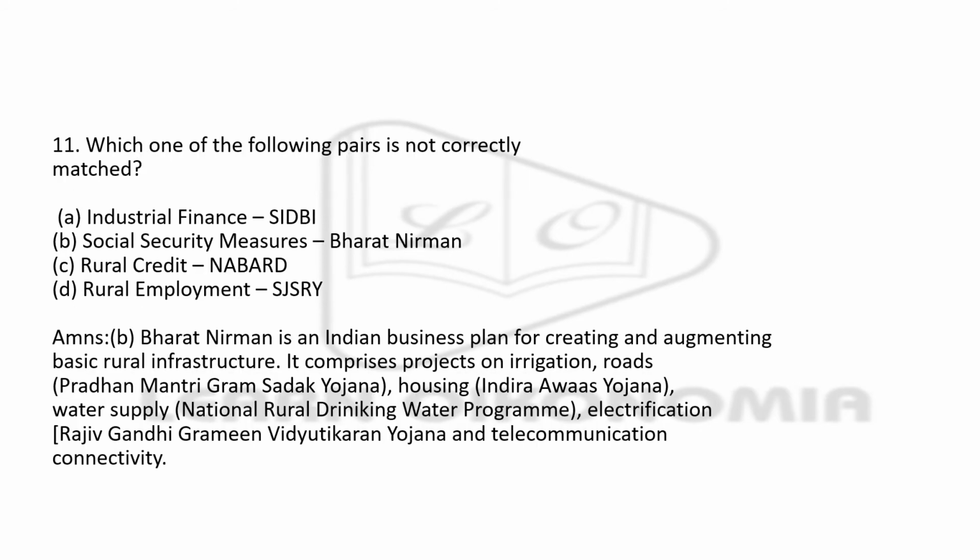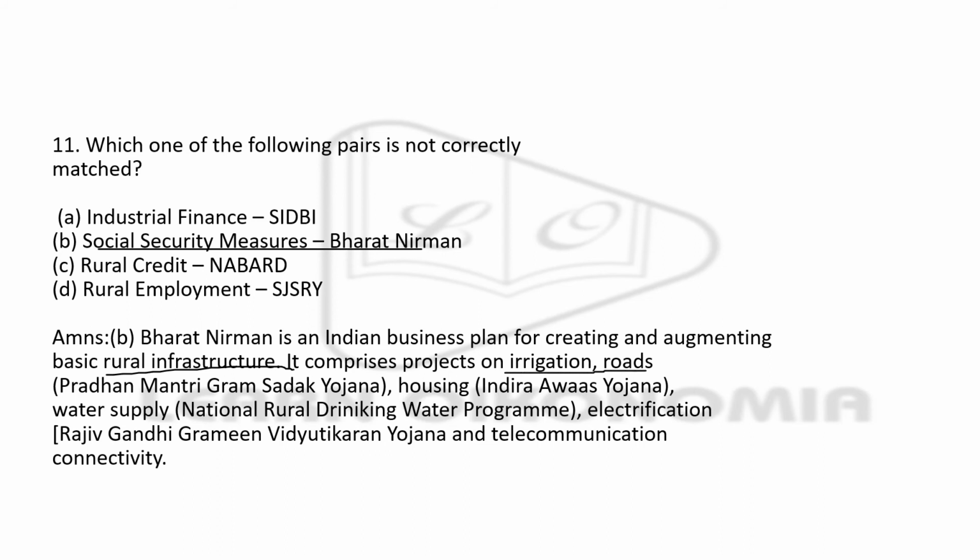Next, you are given two different pairs. I mean, you are given certain pairs, and you have to see which of these is not correctly matched. First is industrial finance is SIDBI, then social security measures Bharat Nirman, then rural credit NABARD, then rural employment SJSRY. The right answer is option B, that is with respect to Bharat Nirman. Bharat Nirman is actually a plan with respect to business. This was meant for creating and augmenting rural infrastructure. Okay, it is not with respect to social security. It is with respect to rural infrastructure,